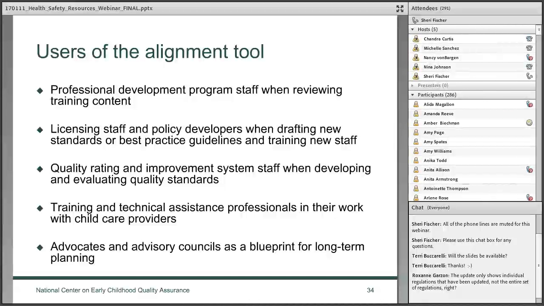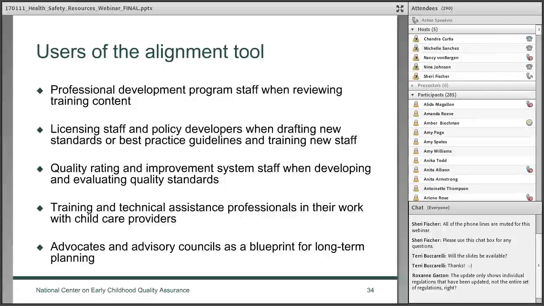What it does is it provides a simple format for states and territories to compare their current early childhood program requirements and standards against the recommended health and safety standards in Caring for Our Children Basics. The document is a fillable PDF document that could be downloaded and saved and used to fill in with the work that you do.